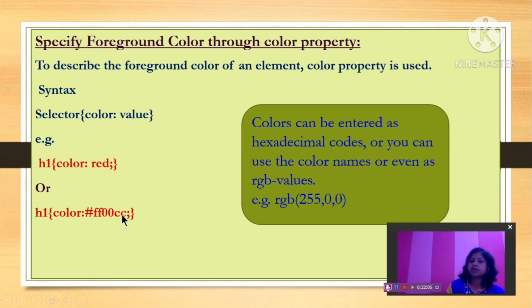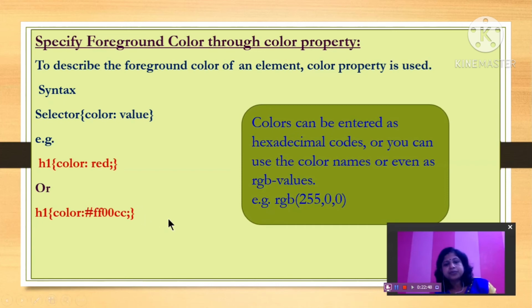Hexadecimal means you can use the digits from 0 to 9 and from A to F. And for RGB, red, green, blue are our primary colors, as you know. So you can give the value in RGB also, 0 to 255 is the range. In the example, RGB 255, 0, 0 means red color. In the 0 to 255 range, you can give any values and you will get a color. Similarly, with hexadecimal combinations of 0 to 9 and A to F you can create a color. Millions and millions of colors can be created using hexadecimal and RGB color codes.